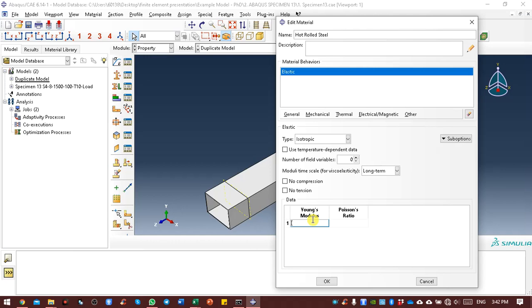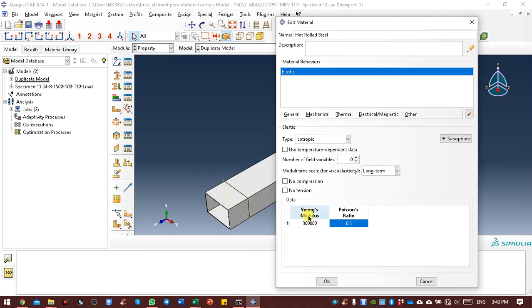To get this information, you need to do the material test for the steel, hot rolled steel or cold formed steel or the reinforcement, and after that just input the data inside here. But in this case, if you don't have an experimental program, then you can simply use the specification from the supplier, or from the guideline, the standard Eurocode. Then you can put the general values, for instance the Young's modulus we can take like 300,000, and the Poisson's ratio I am using is 0.3.